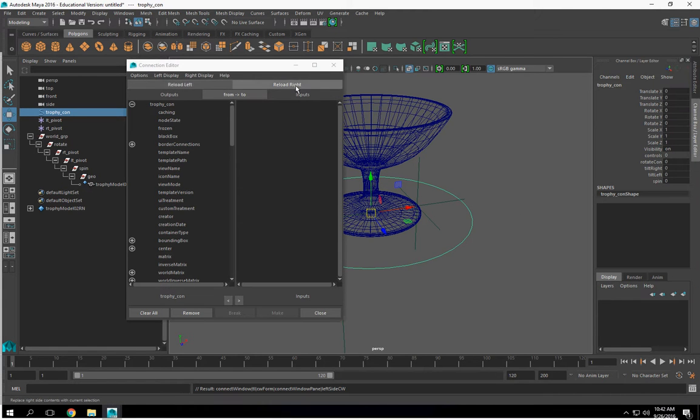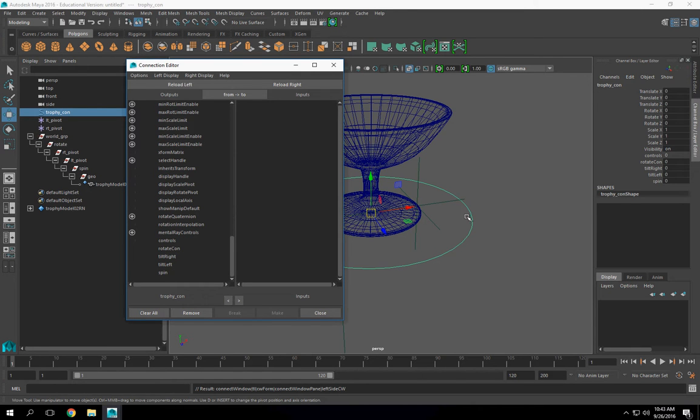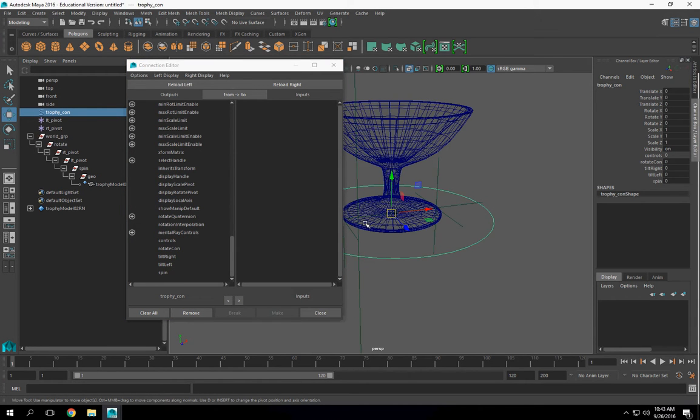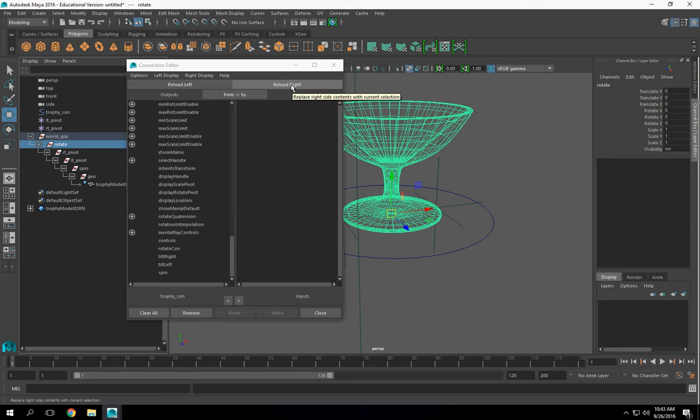So Connection Editor, have the control selected. We're going to go from right to left. Whatever's on the left is controlling the right. Does everybody understand that? Left is controlling right. We can flip this, but I always go left to right. Now, let's load in our first group. I'm going to select my rotate group, click on reload right,